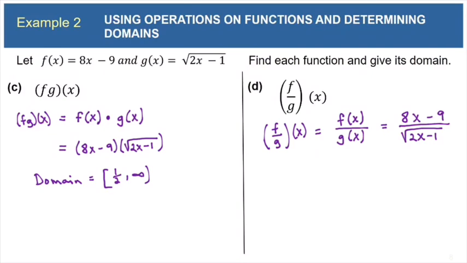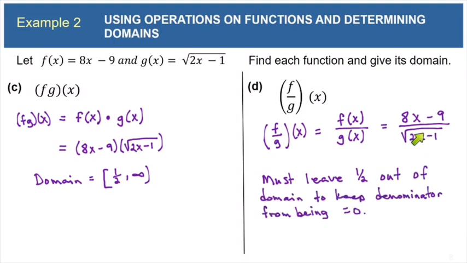Now I'm sure you remember from the previous three parts that x needs to be 1/2 or greater in order to keep this radicand 0 or greater. But now that this radical is in the denominator, we can't even let this radicand equal 0, because we can't let the denominator equal 0. So it used to be that the domain had to be bracket 1/2, comma, infinity, but now we must also leave 1/2 out of the domain, because that would cause the entire quotient to become undefined. And so now the domain of this function is not bracket 1/2, comma, infinity, but it's parentheses 1/2, comma, infinity.